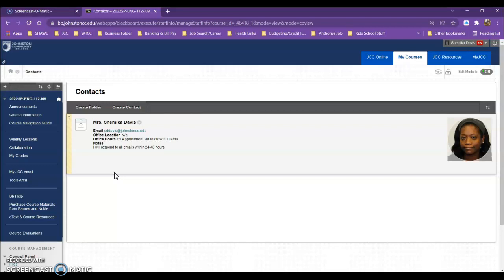Now, here's where it gets tricky. If it's something that I know you could have resolved on your own, then obviously we're probably going to have a conversation. I'm going to say, hey, let's talk via Teams so I can get a little more information about what you think happened. But essentially, I try to work with students. It is, again, on a case-by-case basis.